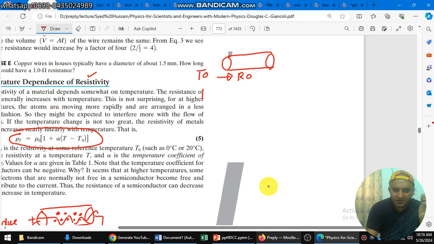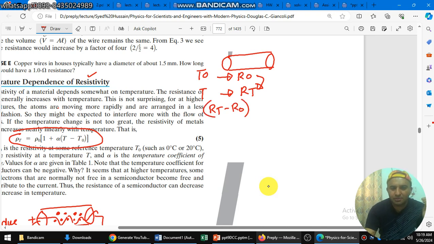At temperature T degrees Celsius, its resistance is RT, because as we increase the temperature, resistance also increases, so the difference in resistance, RT minus R naught,